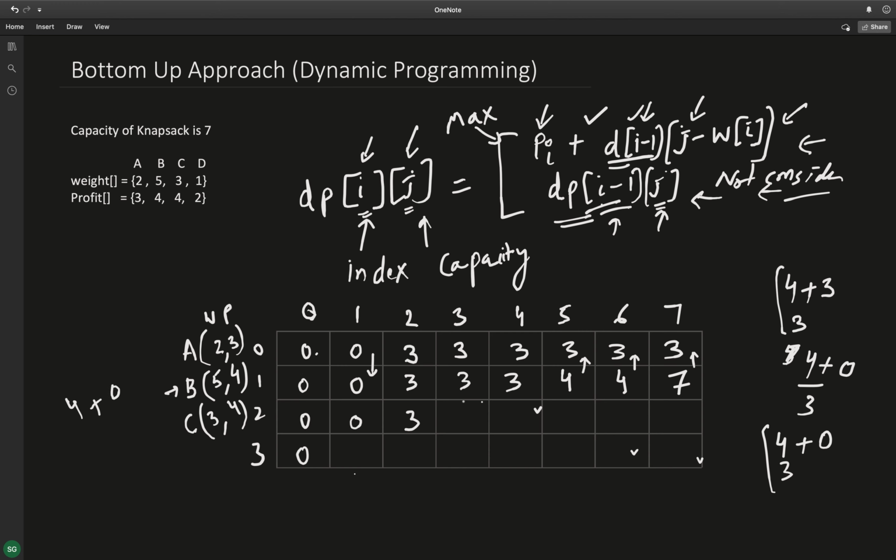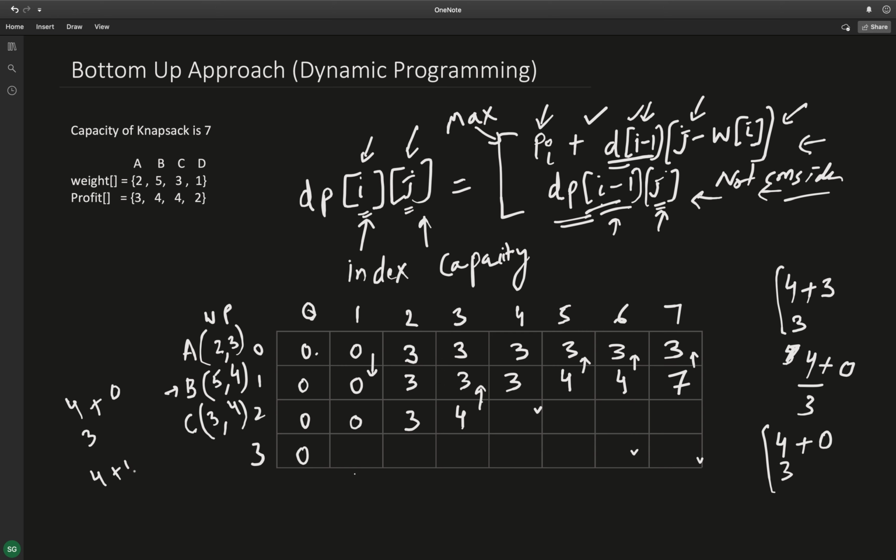And if I don't consider this item, then I need to consider this value just above this row. So that is 3. So 4 and 3, the maximum is 4. Again for this cell, if I put this item, then I'll get 4 plus the remaining capacity after putting this item is 4 minus 3, 1. So I'll go one row above and see for one capacity, the value is 0.